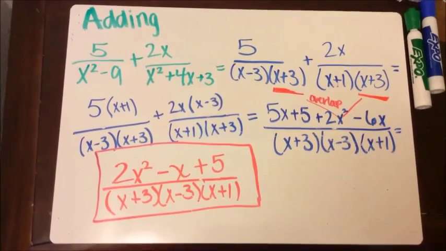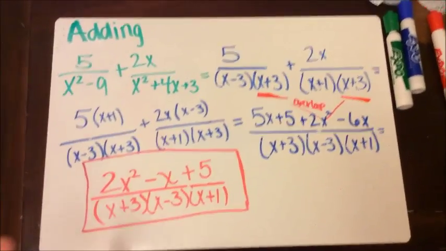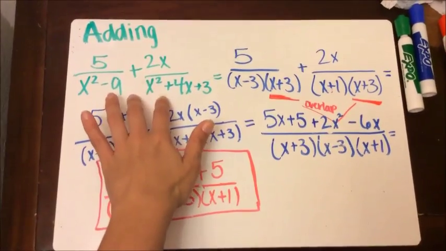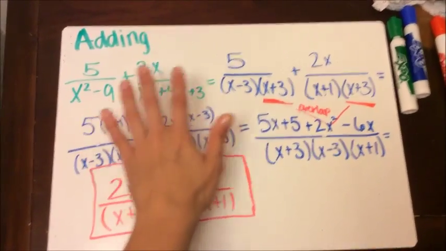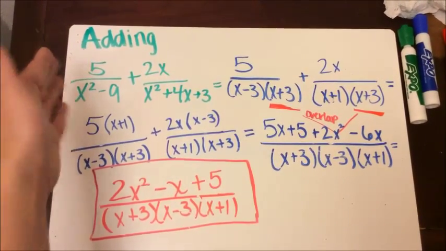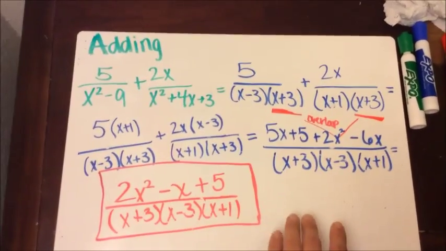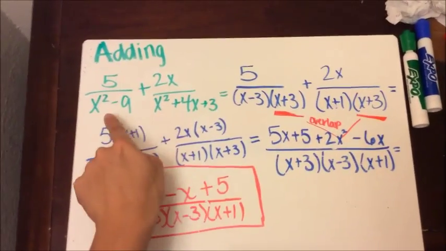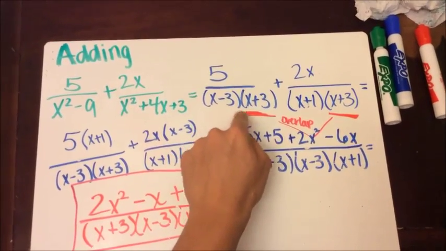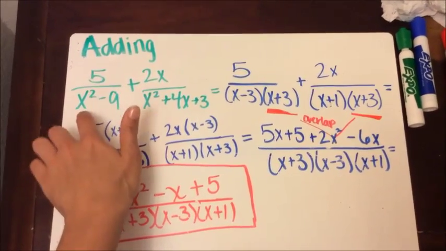Now I'm going to show you how to add when you don't have the same common denominator. So we see that we don't have the same common denominator, but one thing we can do is factor first. Now we're not going to pay attention to the numerators because they're monomials, so we can't really factor them, so we're going to leave them as they are. But we're going to factor the denominators. So we know that an x squared minus 9 factors out to be an x minus 3 and an x plus 3. Because if we multiply them together, it would give us an x squared minus 9.